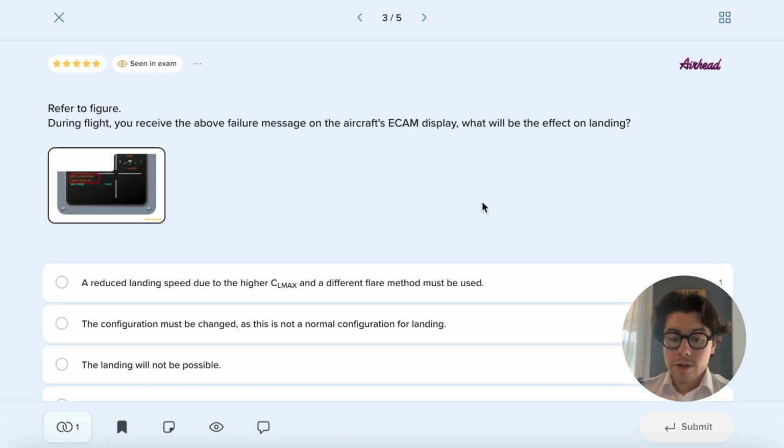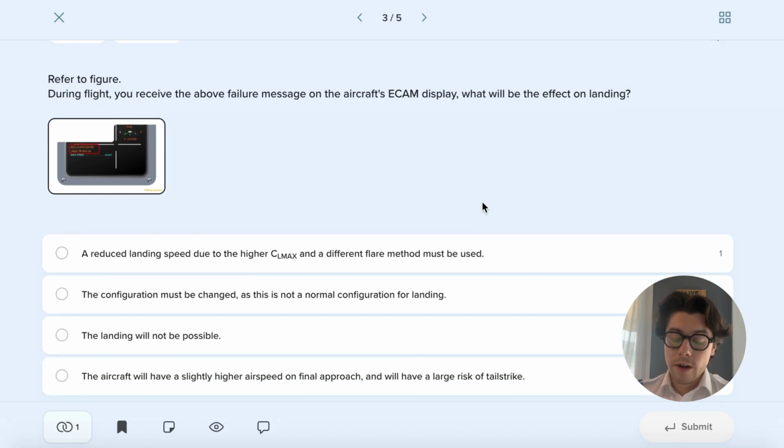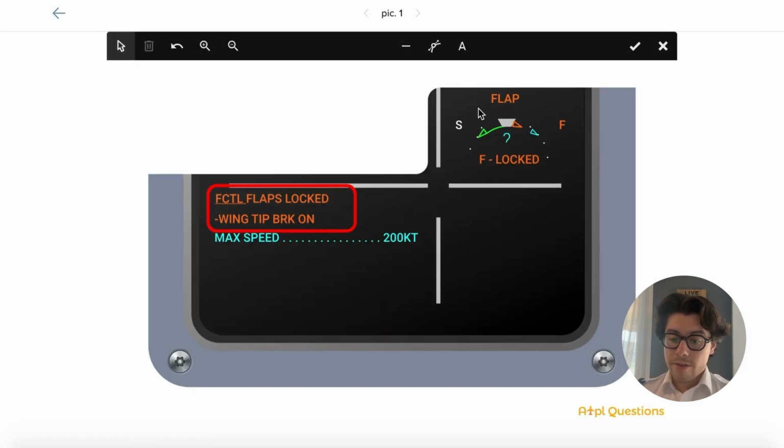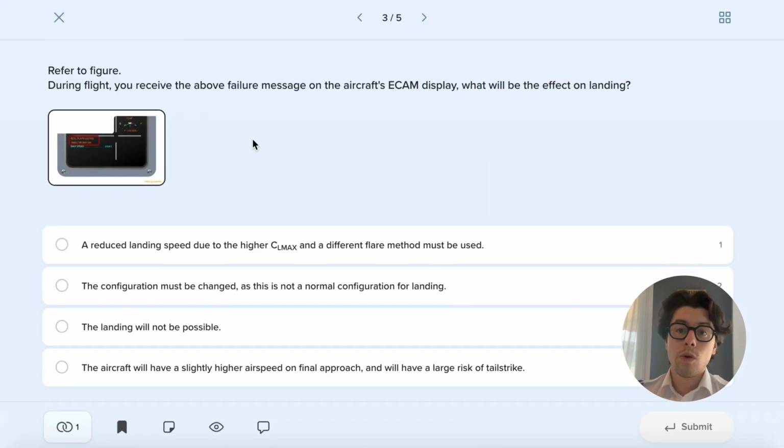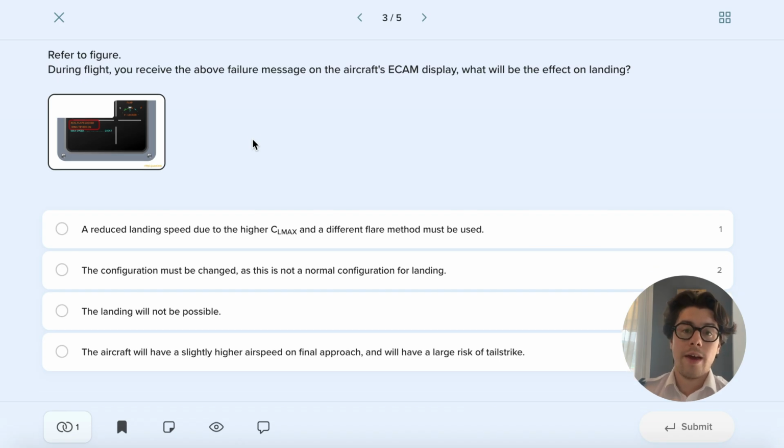During the flight, you receive the above failure message on the aircraft's ECAM. What will be the effect on landing? So let's look at the picture. Here we can see that we have slats deployed. However, the flaps are locked in a non-extended position. So essentially this question asks about what will happen if we land with a flapless